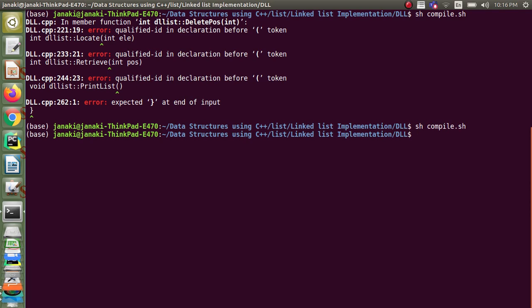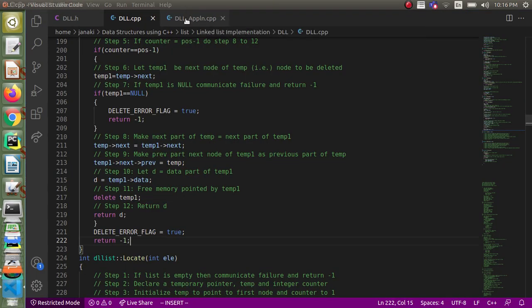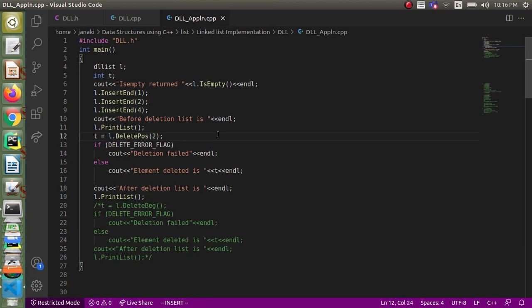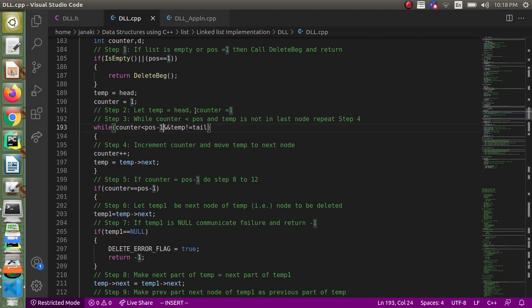Let's check. Yeah, try deletion failed, right? What I am giving is the value 2. It should work. Let's see. Oh, it's not working. Yes, the problem is in the loop, I have to give while counter is less than position -1, because we have to move to the node at position -1, right? So I have to do counter++ and temp equal to temp next, till that, then only it will be correct. So that was the problem.